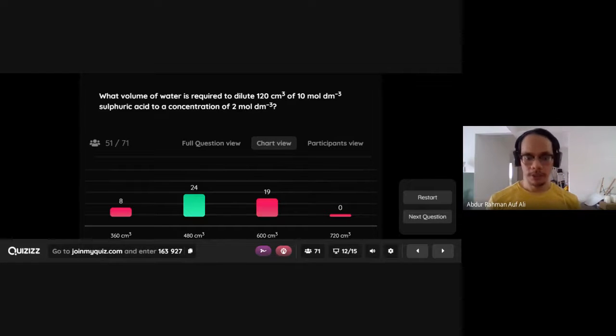unit ataupun tidak. So if you have a problem like this, kamu tengok all the parameters. M1 dalam mole per decimeter cubic. Ini pun dalam mole per decimeter cubic. Ini dalam sentimeter cubic. Ini tak diberikan. So kalau kita tengok all are the same, we don't need to change. Unless kalau kat sini dia tak bagi dalam mole decimeter cubic, tapi dia bagi dalam molality is kilogram per kilogram. Oh, sorry, per kilogram, negatif 1.